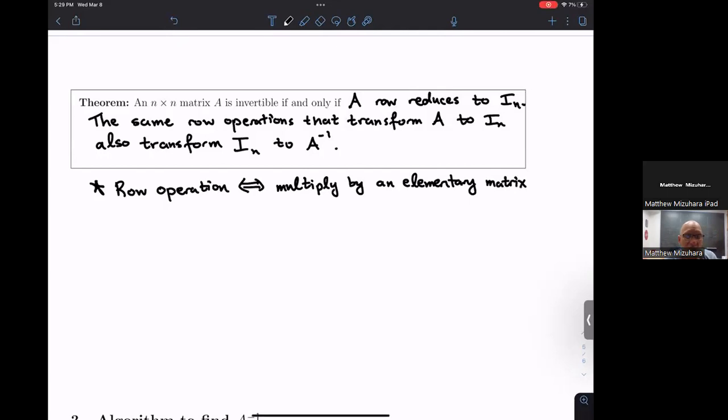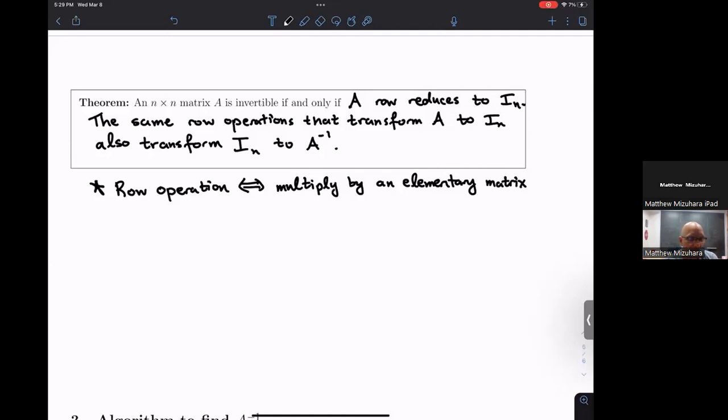We spent some time in class seeing that the replacement operation can be thought of as some matrix, we called it E1, E2, whatever it was in that example. There's a matrix that we could multiply our matrix A by, which has the same effect as doing a